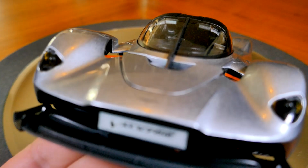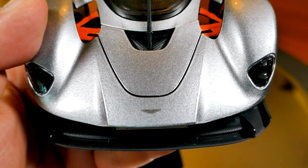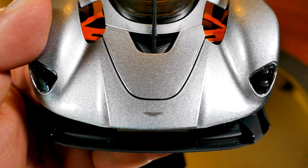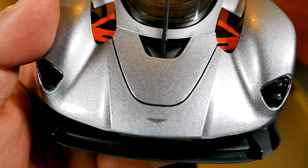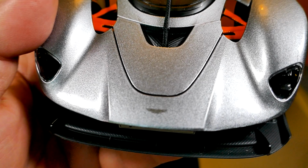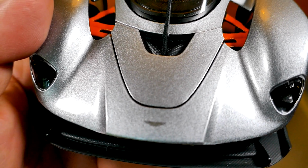It does have the proper Aston Martin badge on it. I don't know if you have heard about this, but that badge, from what I understand, was specially made just for this car out of like 1/10 of a millimeter thick titanium or something, to save weight. Okay,